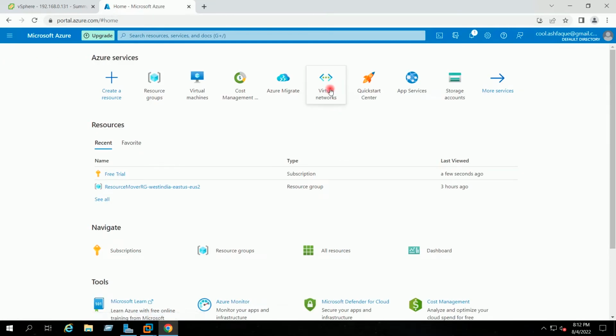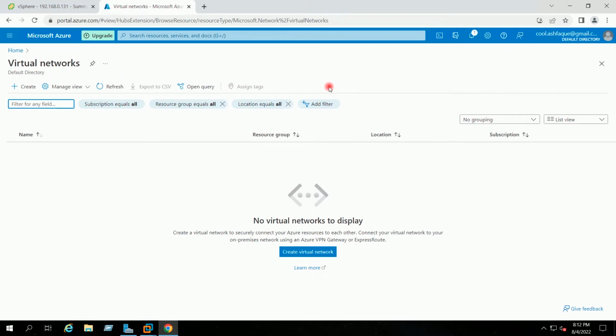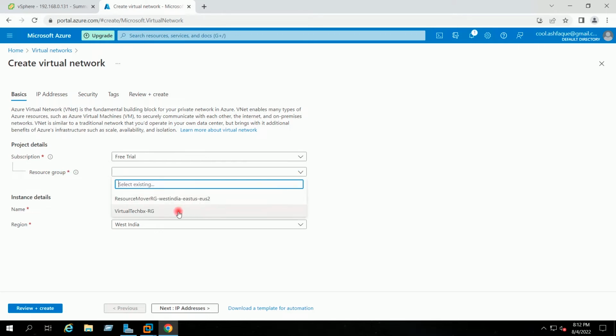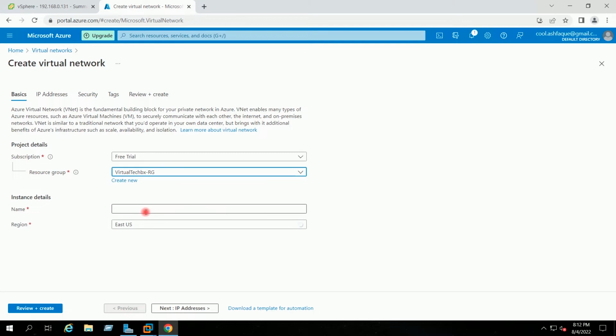I will now go to virtual networks, create virtual network. Subscription I will keep free trial, resource group I will select virtual techbox-RG which we have just created.